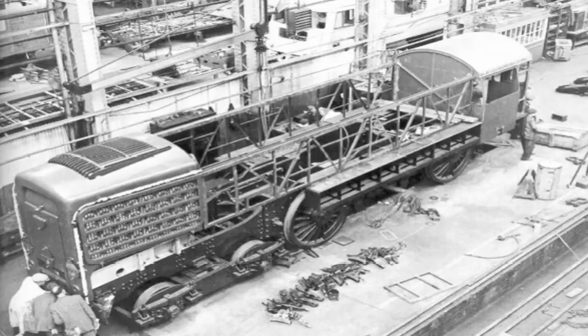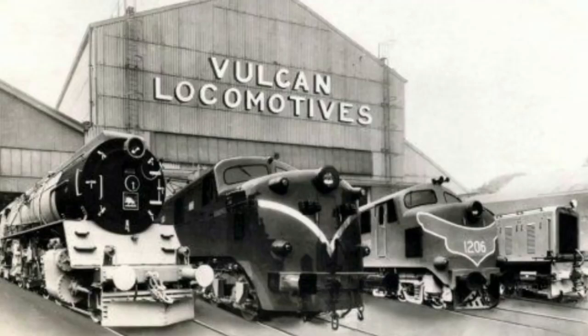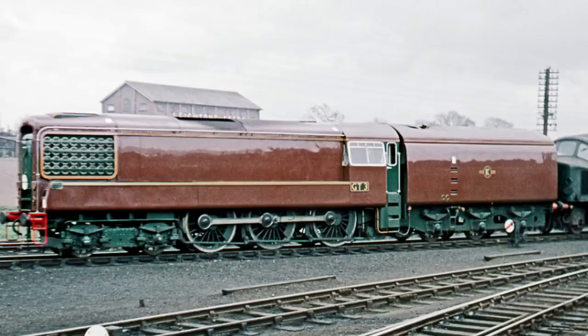Built in 1961 by English Electric at their Vulcan Foundry in Newton-le-Willows, this was to showcase its products to British Railways. It was designed by Vulcan engineer J.O.P. Hughes in a project that started way back in the early 1950s. Outwardly, it looked just like a steam tender locomotive, although in the case of GT3, the tender was loaded with